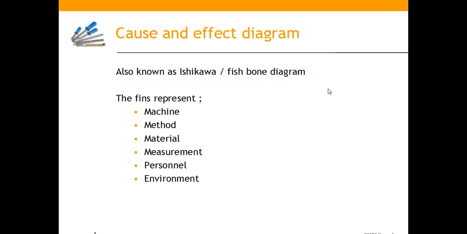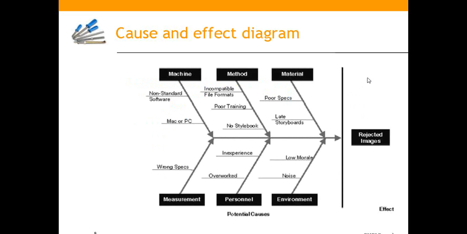Then comes the cause and effect diagram. It is also known as the Ishikawa diagram or fishbone diagram. Here is the Ishikawa diagram or fishbone diagram. So here, if you see,